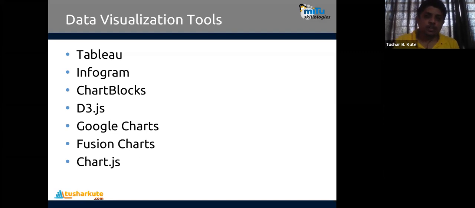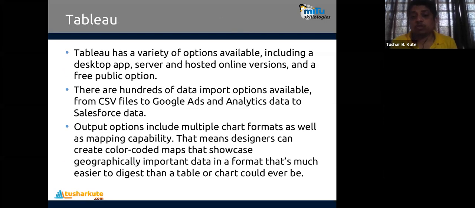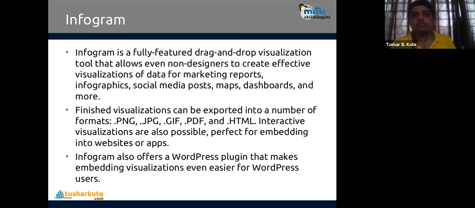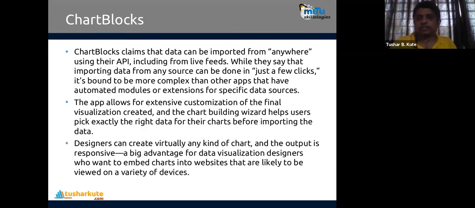So strong data visualization is possible with the help of Tableau. See this one, Tableau. It's one of the options. Most of the companies use Tableau, but those who are working on core programming don't use it. They use programming languages like Python and R to visualize the data more specifically. So many abilities are given to Tableau, and with the help of Tableau, a variety of graphs can be plotted easily. Second is Infogram. Infogram is also good, and it contains a similar kind of ability that Tableau has, but interactivity is not much for Infogram. Next is Chartblocks that we can use.